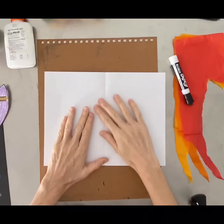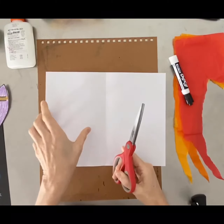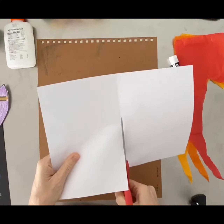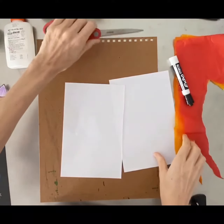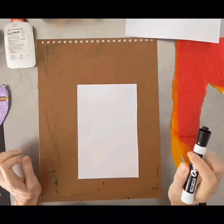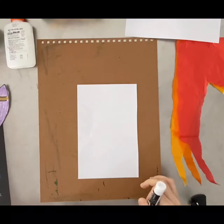After you've done that, super simple, we're going to take a pair of scissors and cut down the middle and put the half to the side. Save it for later or for a whole other project. Or maybe you want to make a second spacecraft, that would work too. I'm going to put mine here and then go ahead and get your pencil. I'm going to draw with a marker so you can see it. And again, we're going to draw our